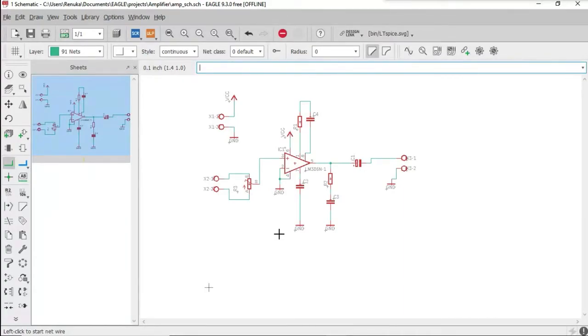Is there any doubt? Just put it in the chat window.